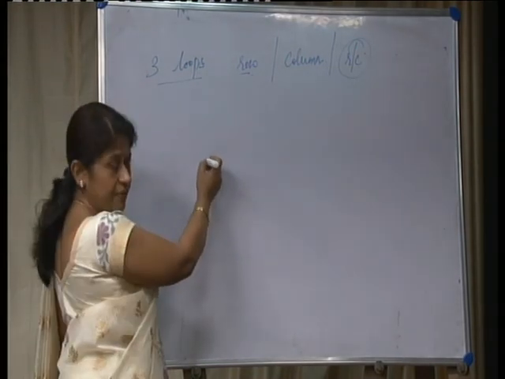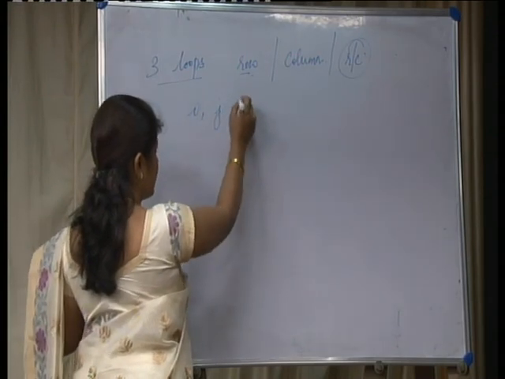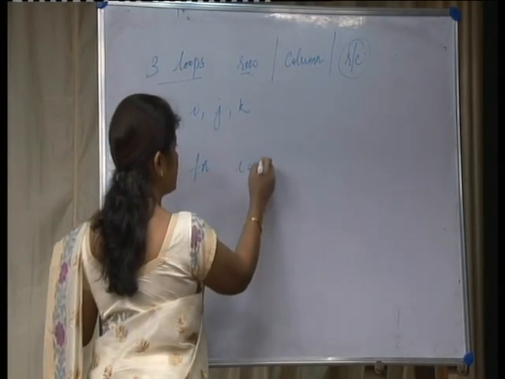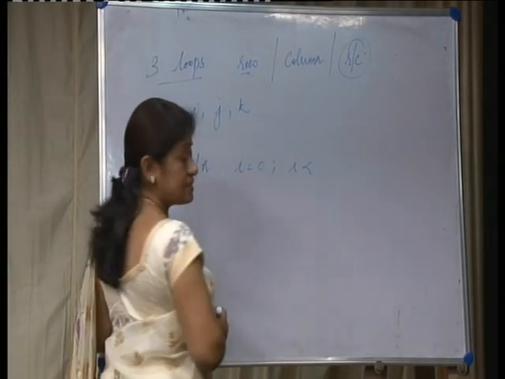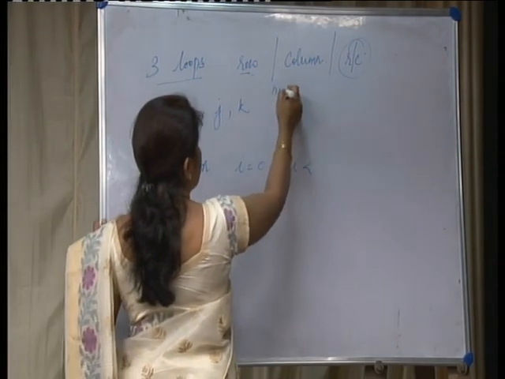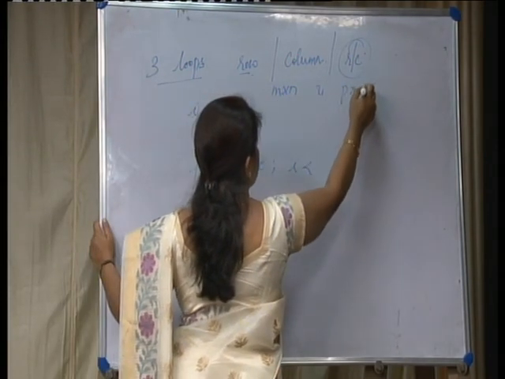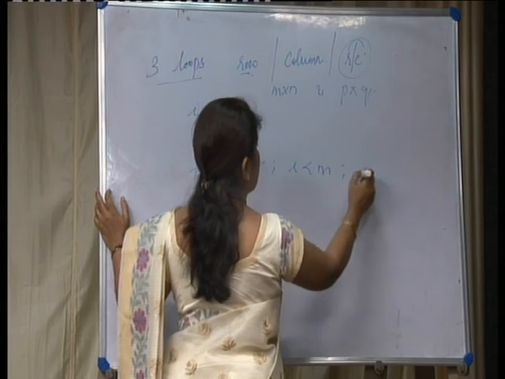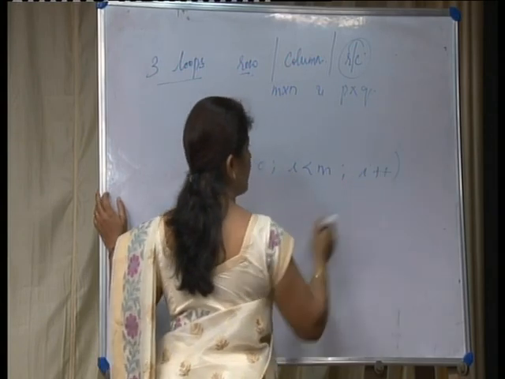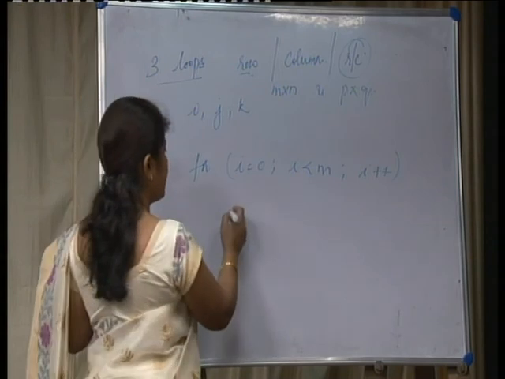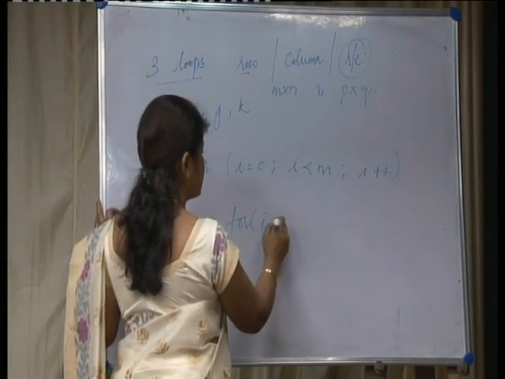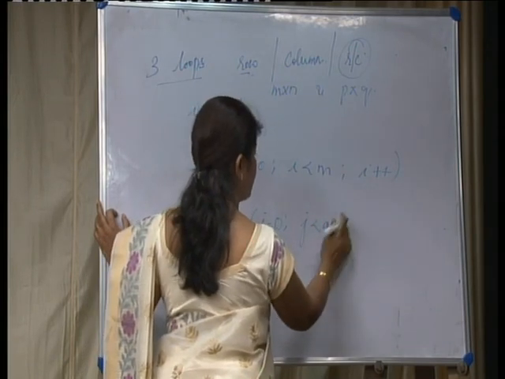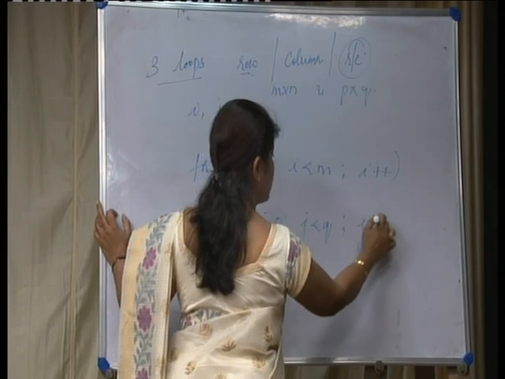Suppose I have the control variables i, j and k for these 3 loops. I can say for i is equal to 0, i less than m, that is if I have an m cross n and a p cross q matrix, then i plus plus, which I am incrementing, and then the j loop, that is for j is equal to 0, j less than q, and j plus plus,